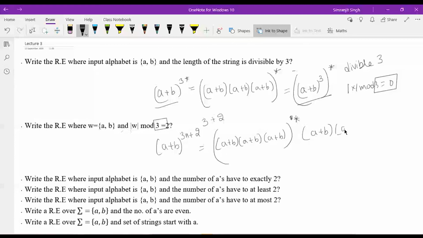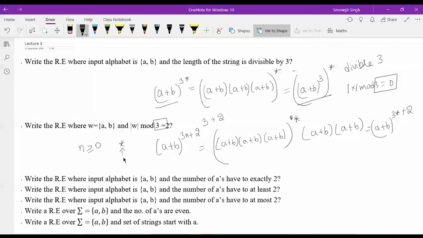So now if you see that it is (a+b) raised to power 3 and it is (a+b) raised to power 2, the bases are same, you can add the power, so it will become 3 star plus 2. So it can also be written like this: (a+b)^(3 star + 2). n is usually denoted by a star, so keep that in mind if you're writing n. n should always be greater than or equal to 0, so it is denoted by star here. Star is your Kleene closure, keep that in mind.